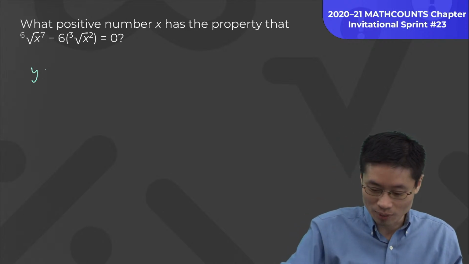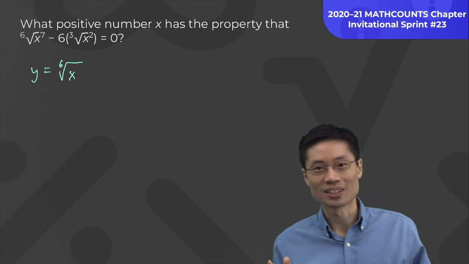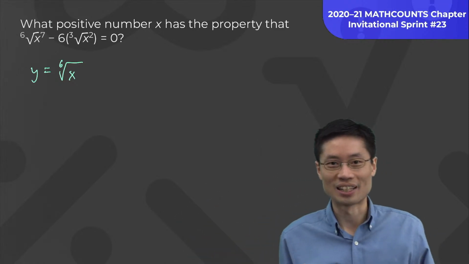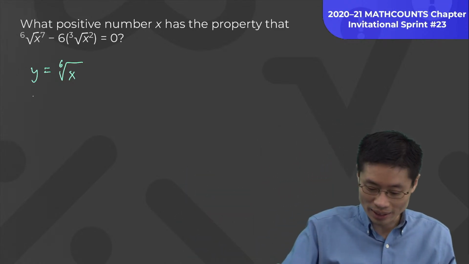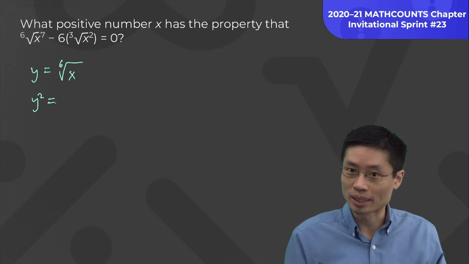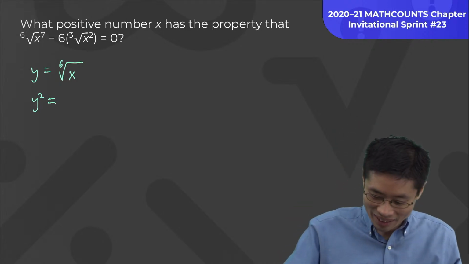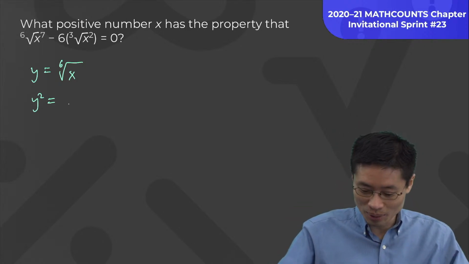So what if I just say y? Let y equal the 6th root of x, okay? This is nice because now I'm going to get a quadratic type equation, right? Because if I do that, you know what's y squared? Y squared is when you ask too many questions. Why? Why? No, that was stupid. Anyway, so this is the cube root of x. It's the cube root of x because